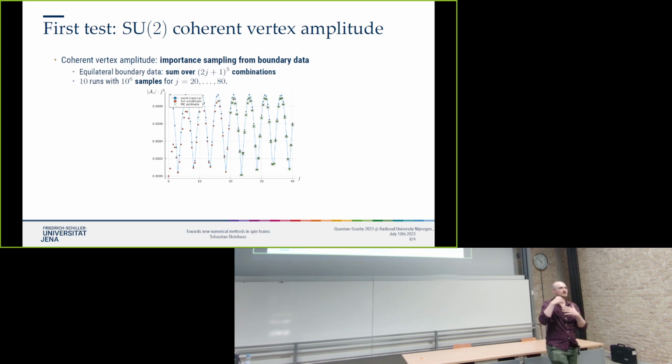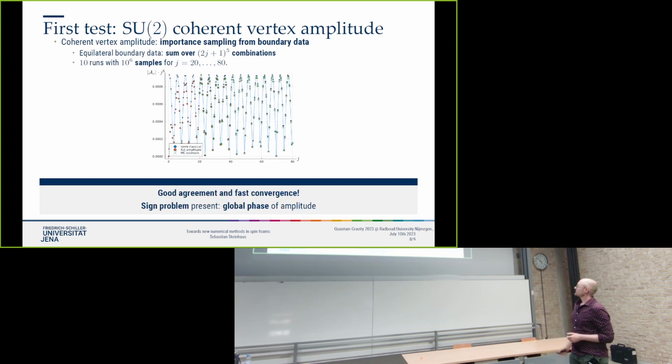So these simulations are not enough to fully show how big the error bars are, but this is already very encouraging, in particular because I'm doing much less calculation. I was able to produce these results in one week, and not by totally straining the cluster. And I was able, which wasn't possible for the full algorithm, to push this to even spins 80, and I even tested further up to 120 and more. So it is actually very surprising for me how good and fast the agreement of those results is, and how fast the convergence is.